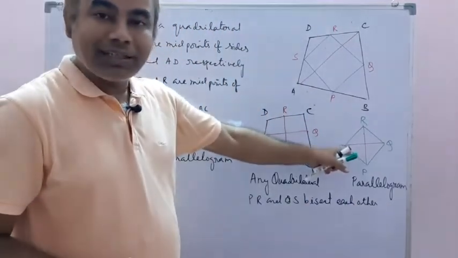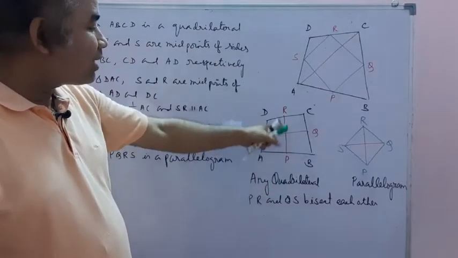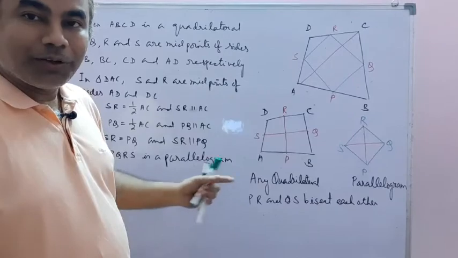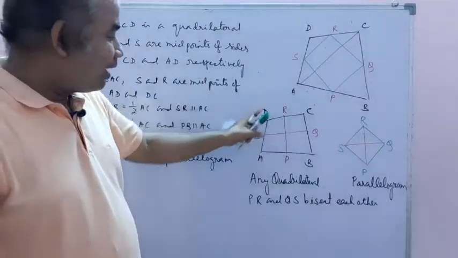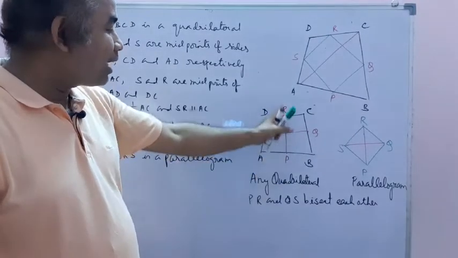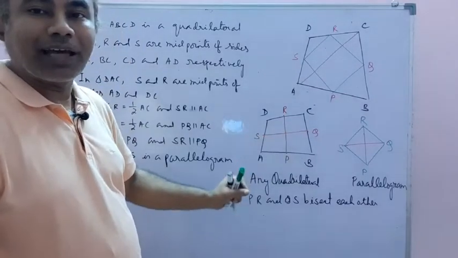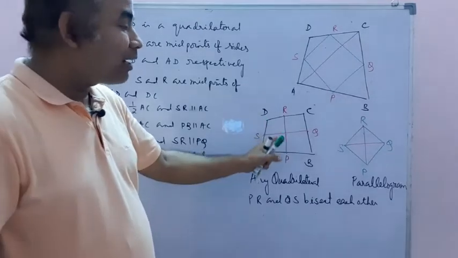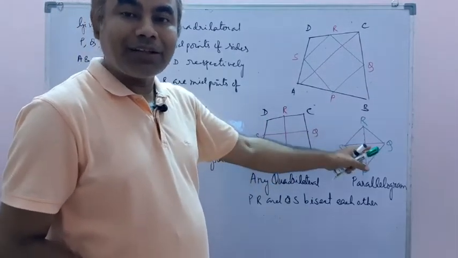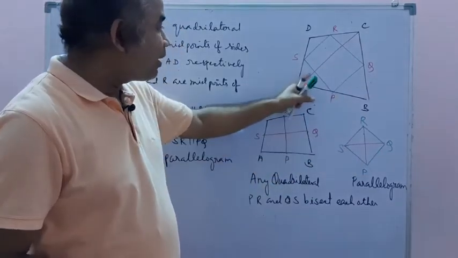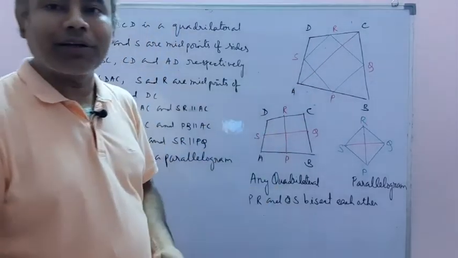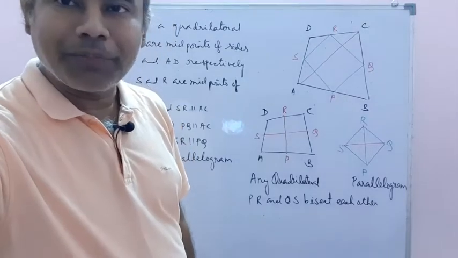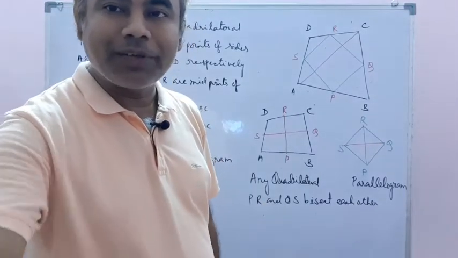They are diagonals in this quadrilateral, and they are the line segments joining the midpoints of opposite sides in quadrilateral ABCD. So we can say that in any quadrilateral ABCD, the line segments joining the midpoints of opposite sides always bisect each other. Why do they bisect each other? Because they are nothing but the diagonals of the parallelogram formed by joining the midpoints of the sides of quadrilateral ABCD. Okay, let me discuss some more examples of this application.